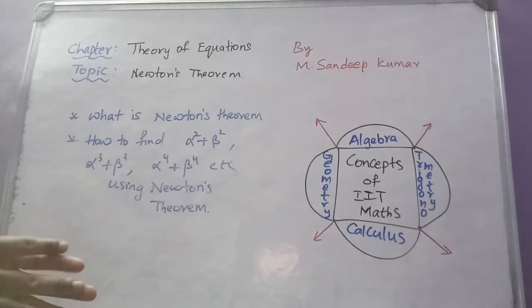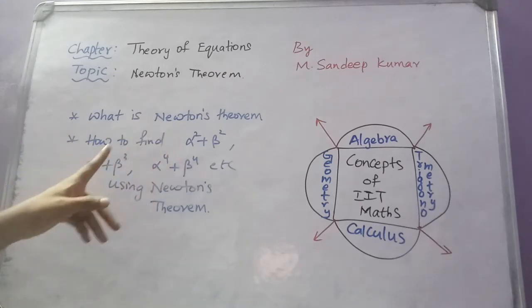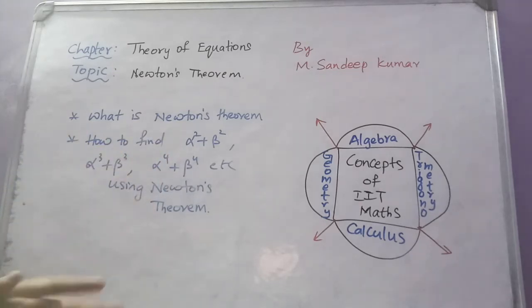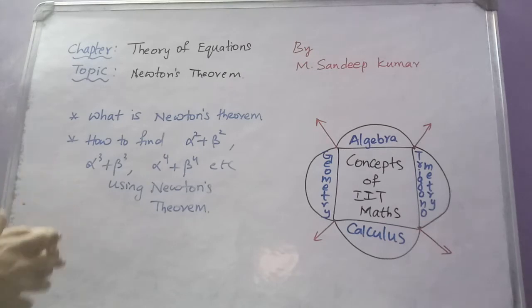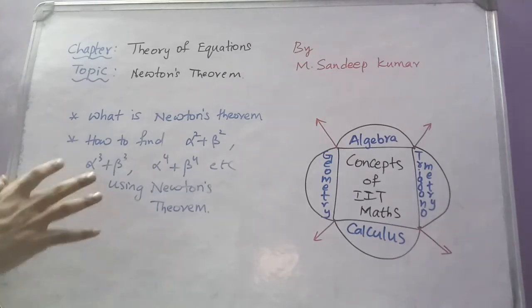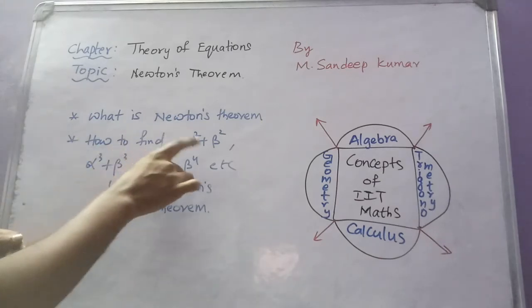Instead of using identities to find alpha square plus beta square, alpha cube plus beta cube, etc., this is one more approach, another method. So let us see what is Newton's theorem first, and after that we will see how to find these things